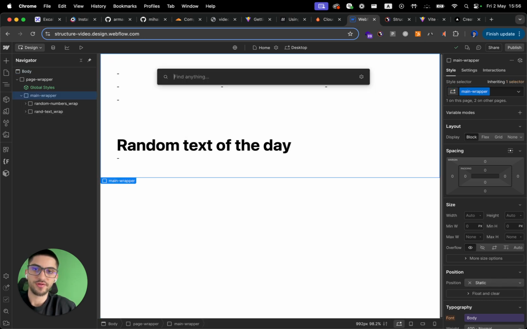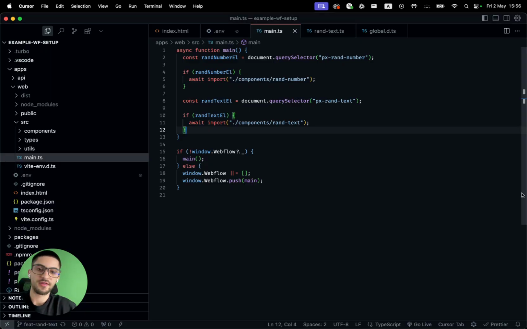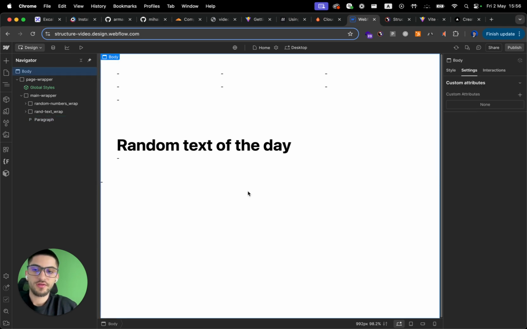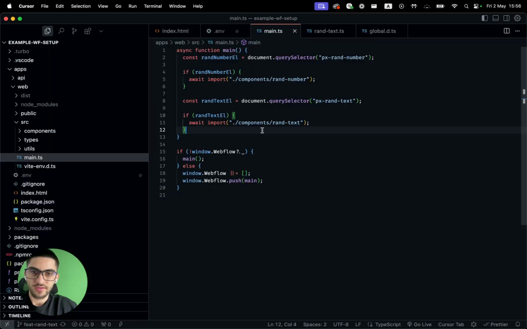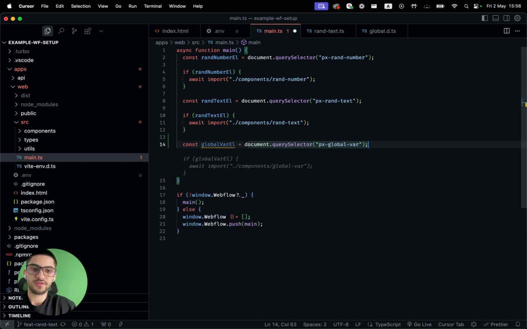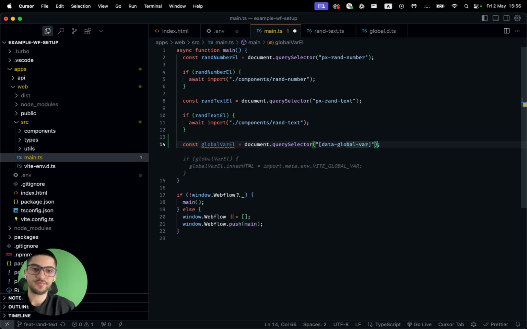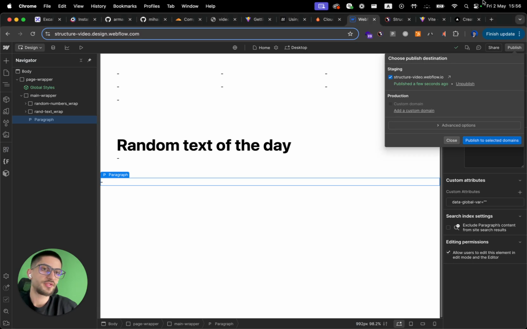I'll put just a paragraph. I'll say data global var. So I'll hit publish, and while that is done, global var element document data global var. If you have that, and we replace it with what comes from this